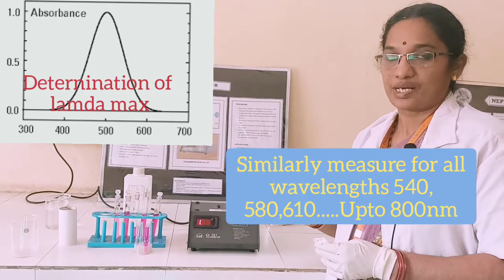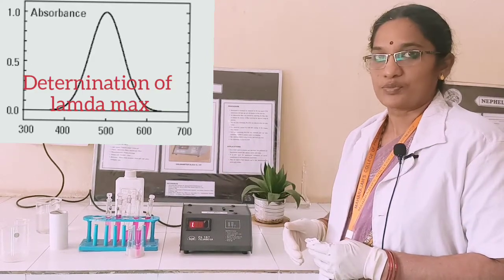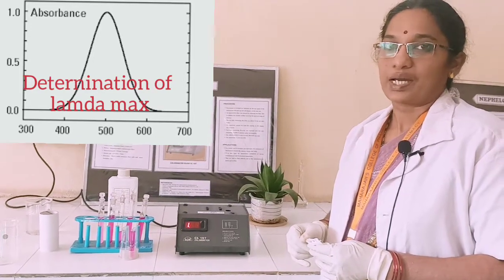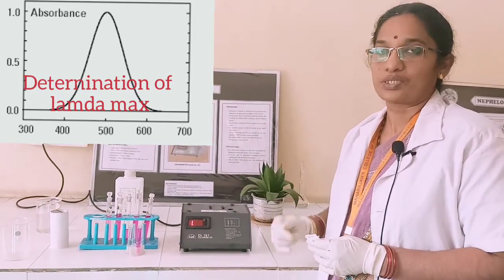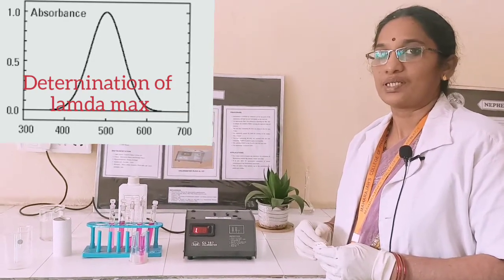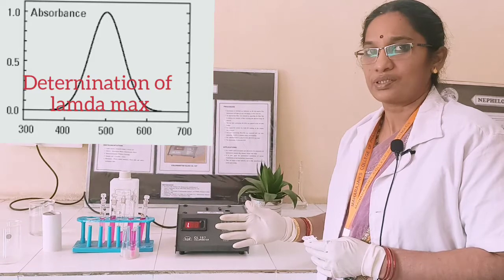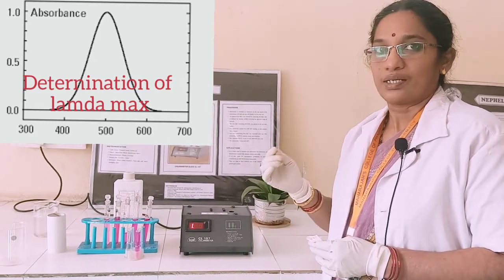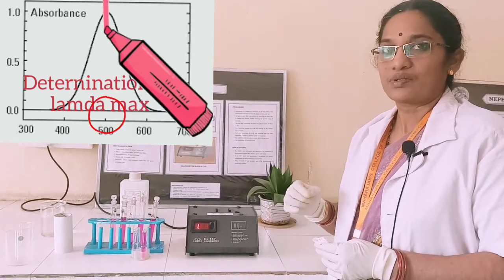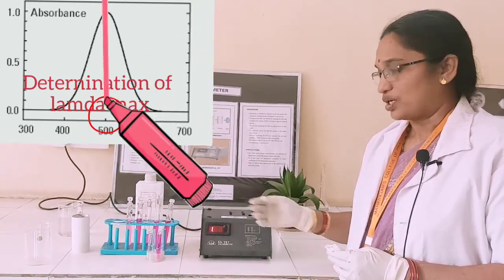Then we have to construct a graph taking wavelength on the x-axis and absorbance on the y-axis. Then we get an absorption spectrum, which is nothing but a simple peak. And when we extrapolate that peak position to the x-axis, it will meet at a particular wavelength, and that wavelength can be denoted as the lambda max of the sulfonamide solution. So from the graph we note down the peak point, and from the peak, if we extrapolate the line to the x-axis, whatever wavelength the line matches, that wavelength can be taken as the lambda max value of sulfonamide.